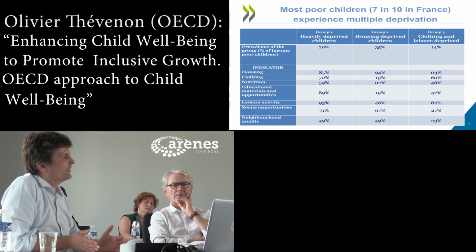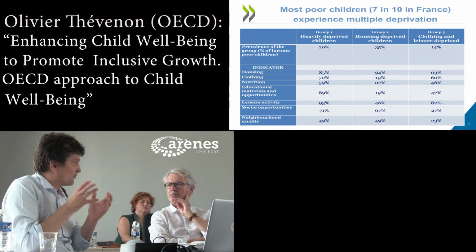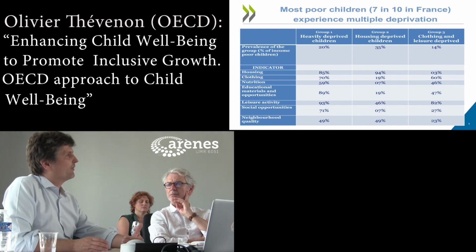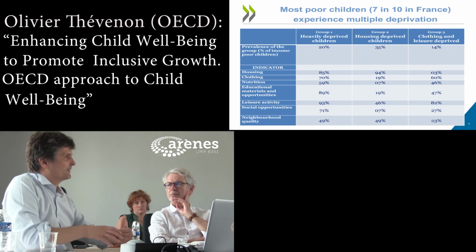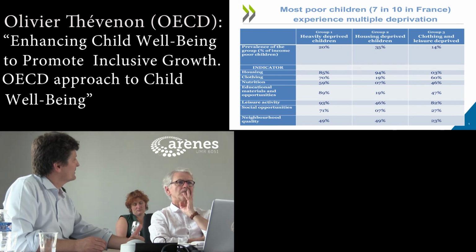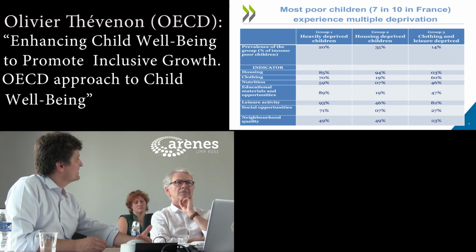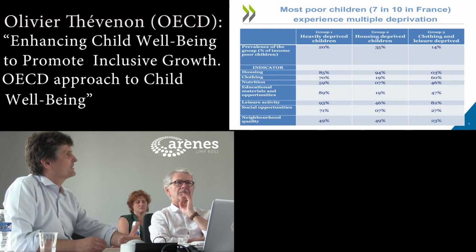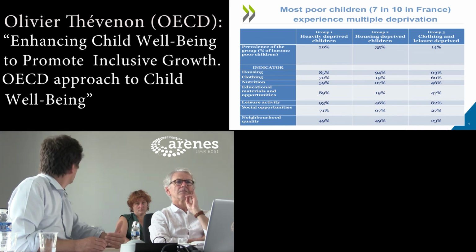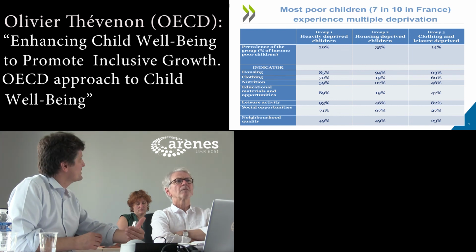So for us, it's very important to really show to countries that you have a large group of children that are experiencing different kinds of problems, more or less linked to income poverty, and you have to address these needs together. And the policy implication is that you have to have more coordination between your social services and the policy